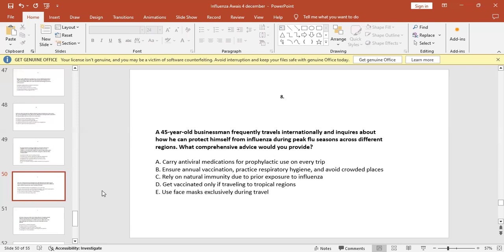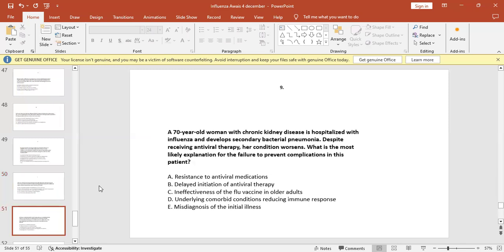Whether carry antiviral medication for prophylactic use on every trip, ensure annual vaccination, practice respiratory hygiene, and avoid crowded places, rely on natural immunity due to prior exposure to influenza, get vaccinated only if traveling to tropical regions, use face mask exclusively during travel. Which is the correct option for this businessman who travels frequently? B. Yes, B is the correct option. Yes, you are right. Ninth MCQ: a 70-year-old woman with chronic kidney disease was hospitalized